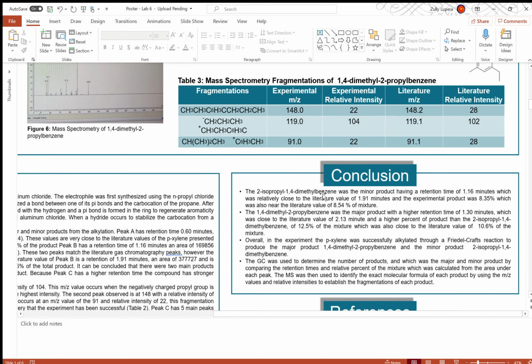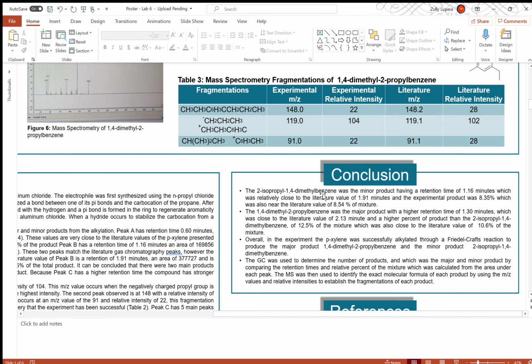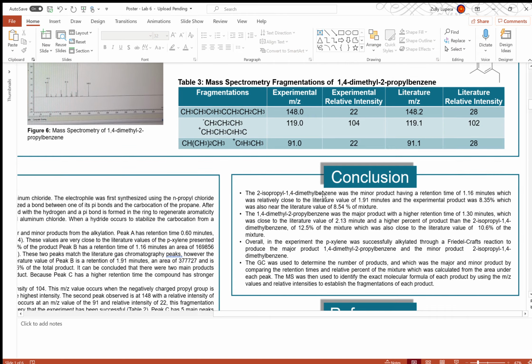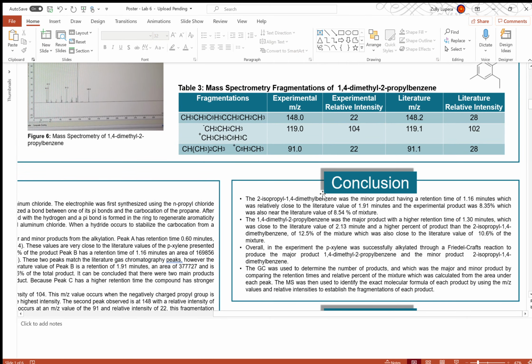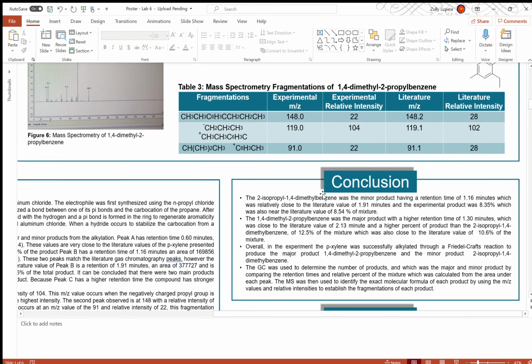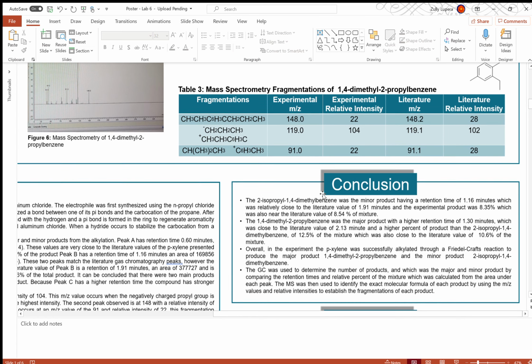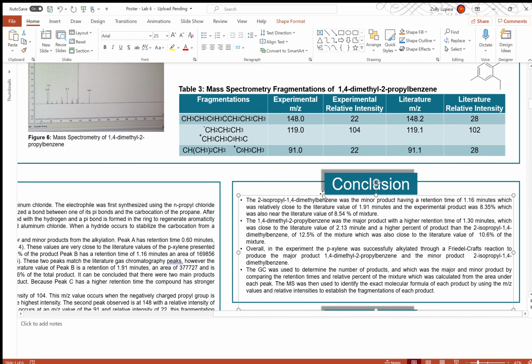The GC was used to determine the number of products and which was the major and minor product by comparing the retention times and relative percent of the mixture, which was calculated from the area under each peak. And then the mass spectrometry was used to identify the exact molecular formula of each product by using the MZ values and relative intensities in order to establish the different fragmentations